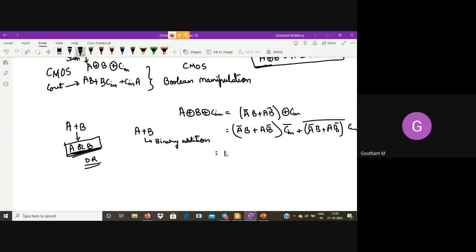Okay, so that is nothing but A bar B Cin plus A B bar Cin bar.